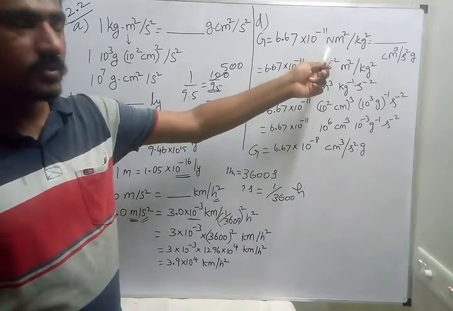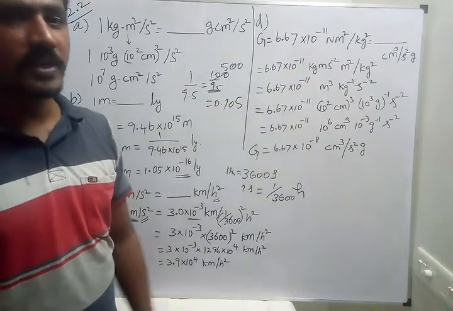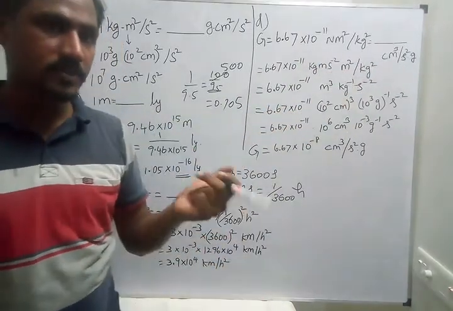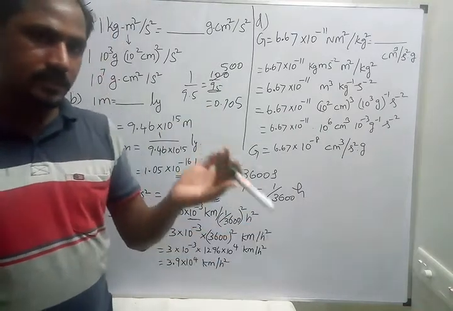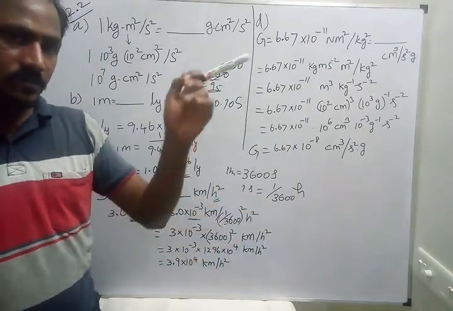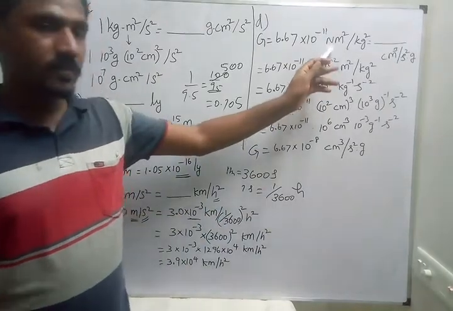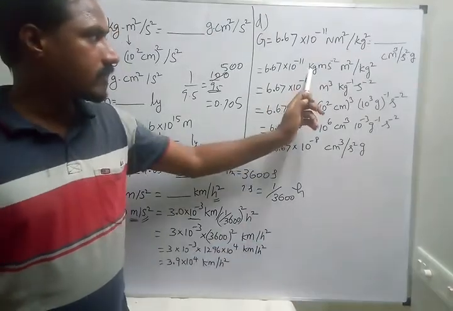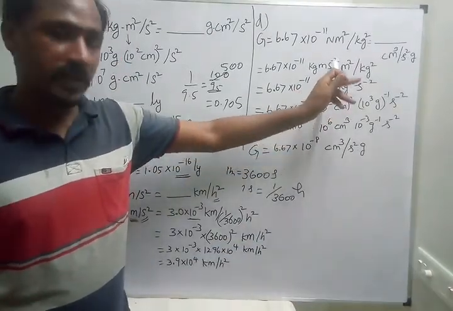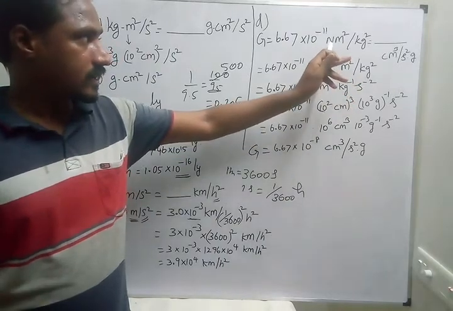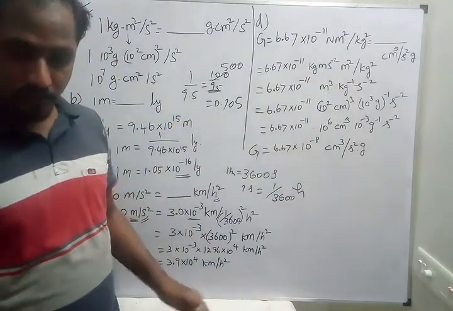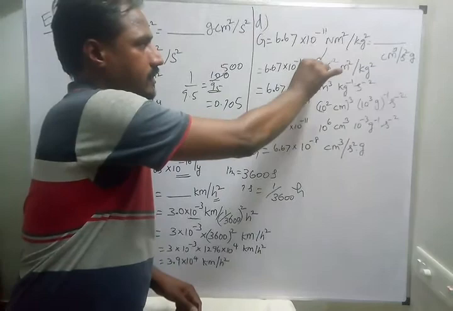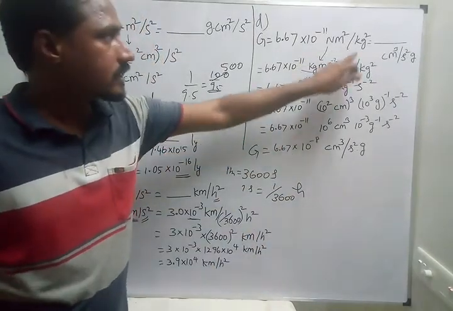So for that we have to first convert this into the fully SI unit system. Newton is not a base unit, so Newton can be written in base units. Everything should be written in the base units. What are the base units? Length, mass, time. For mass, kilogram, for length, meter, for time, second. So Newton is the unit of force. Force can be written as mass into acceleration. For mass, kilogram. For acceleration, meter by second squared. So instead of Newton, you write kilogram meter per second squared. Then you write meter squared the same, divided by kilogram squared.